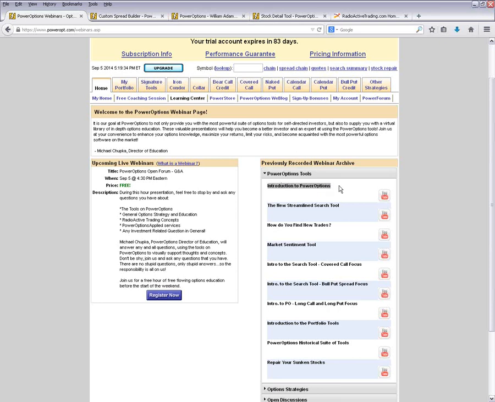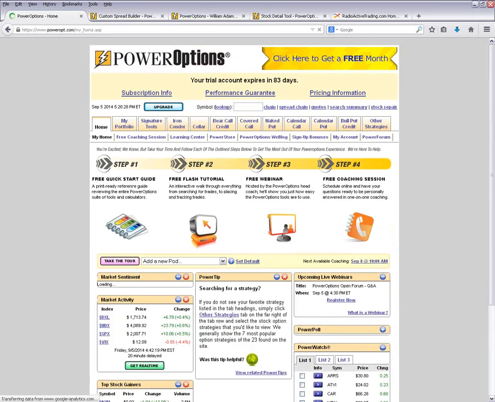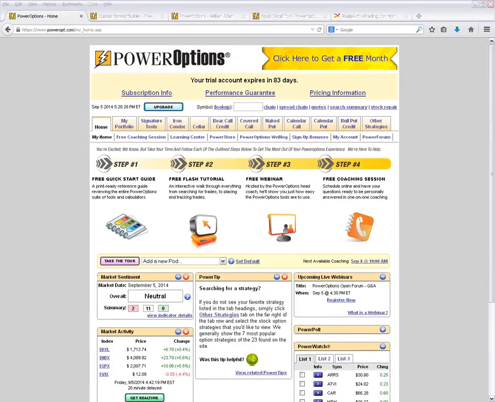But this one here is probably only 50 minutes to an hour, and it gives you a complete walkthrough of how I use these tools to trade my personal account. To answer Kent's question from earlier, suggestions for establishing a daily trading and investing routine using Power Options, let me show you exactly what I did this morning, which is basically my exact routine of using